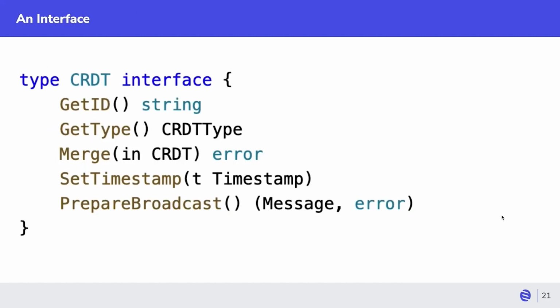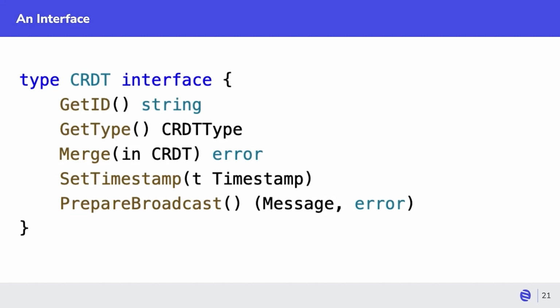The way we implemented the CRDTs in the service, we started with concrete implementations. Initially we didn't know what the common behavior for all the CRDTs was, so we implemented them in a concrete way. But as we implemented a few, we noticed that there are common patterns, common behaviors between all of those. And so we created this interface where each CRDT can give its ID, can give its type, has